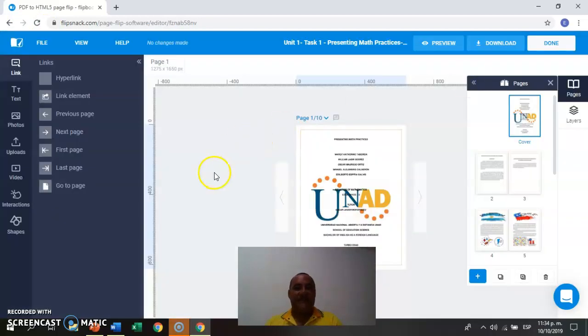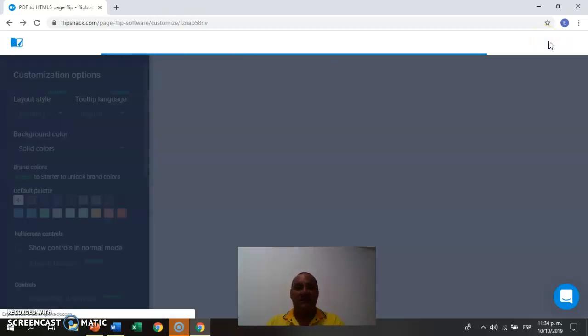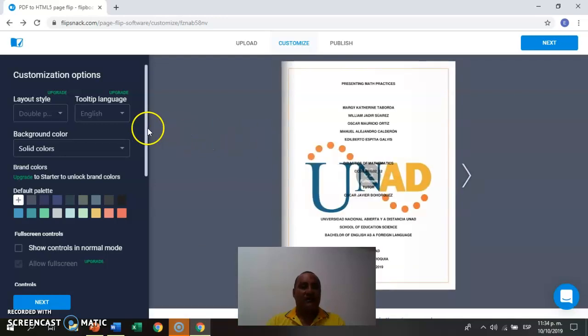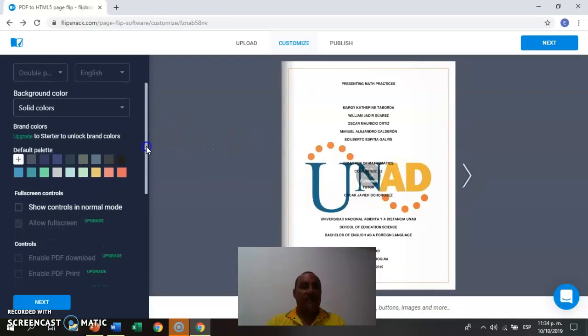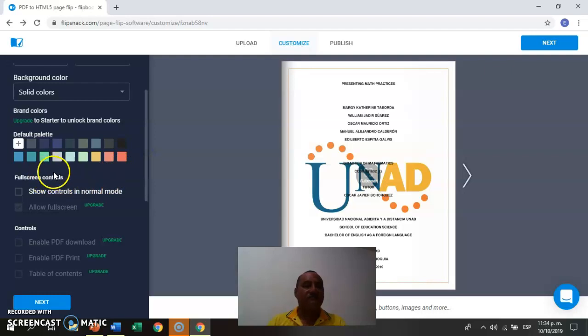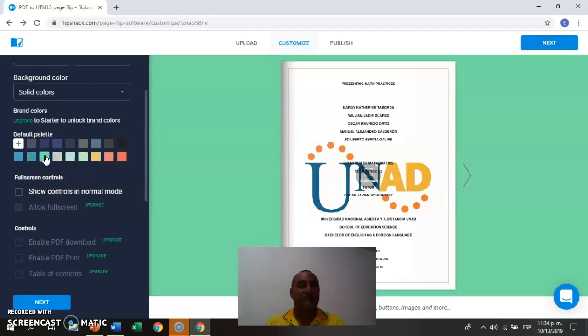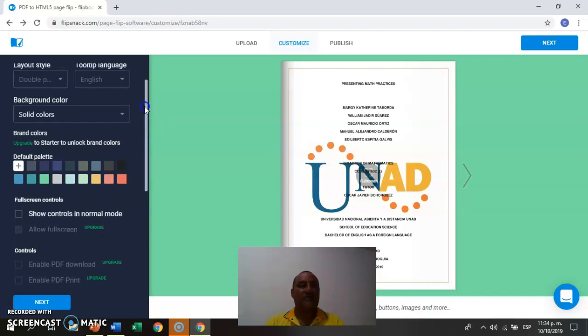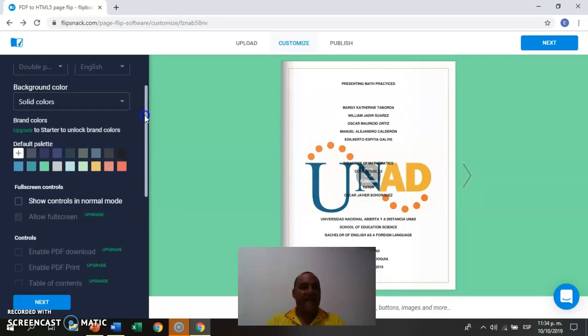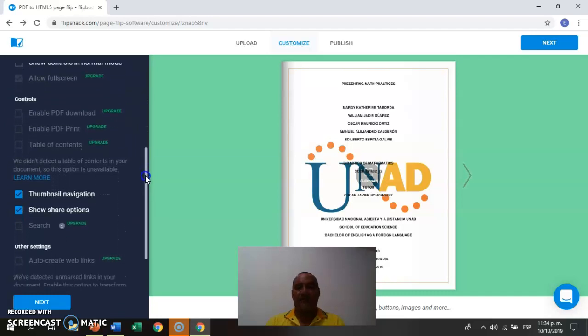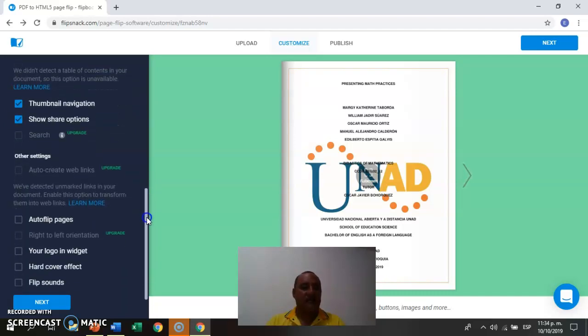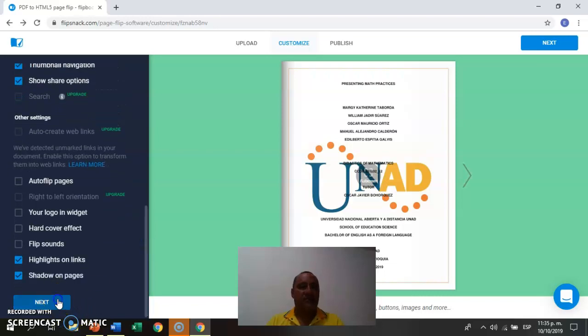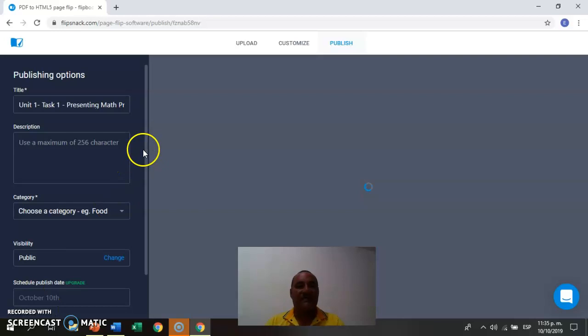Okay. Now I am going to click on this part of the tool, Done, which means finish in this part, so we can change the background color. Let's put it this way, green, and then we click on next,